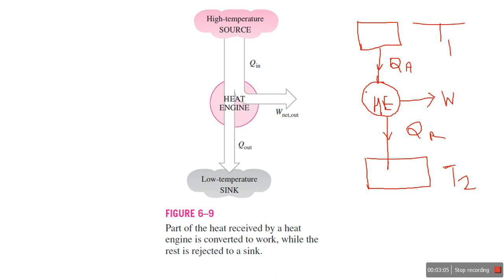For every system there are two reservoirs. One reservoir acts as a source and another reservoir acts as a sink. But you must understand, the source is not always at higher temperature and the sink is not always at lower temperature. This varies according to the situation and the system. In the case of a thermal power plant or car engine, the source is a furnace or boiler, from which we get heat, and the sink is a condenser. Through the condenser we reject heat to the environment, so the sink is the environment at lower temperature, and the source is a furnace.